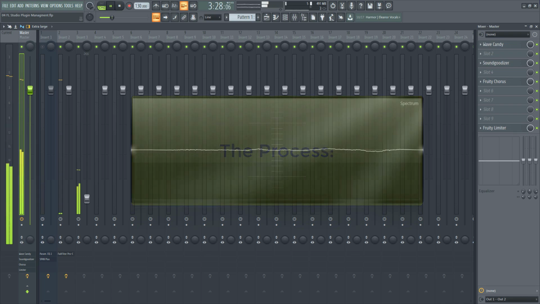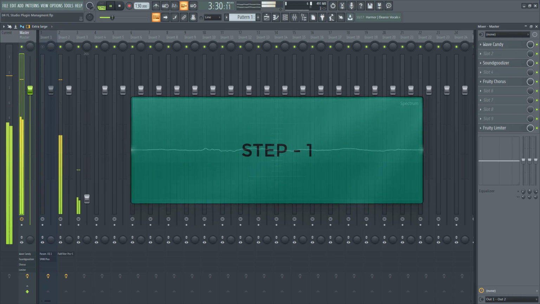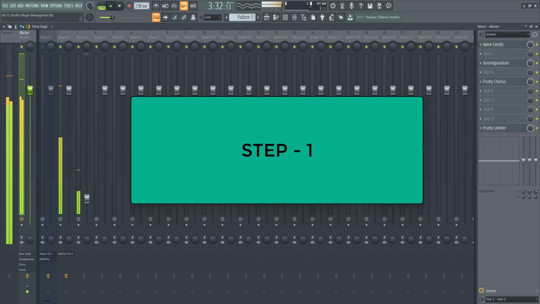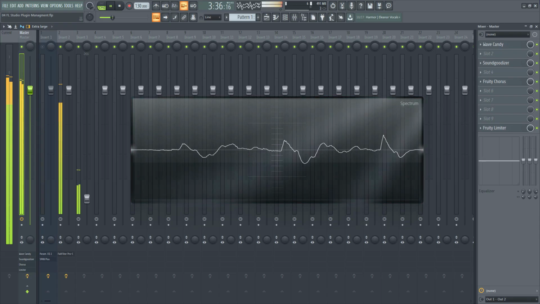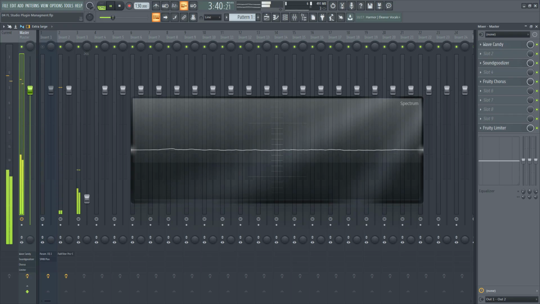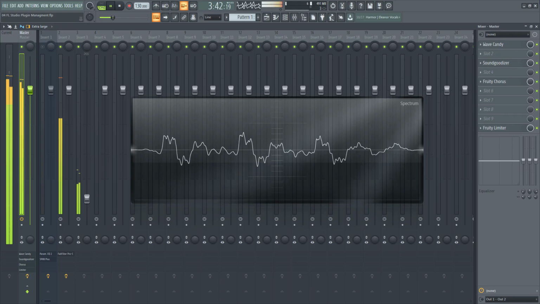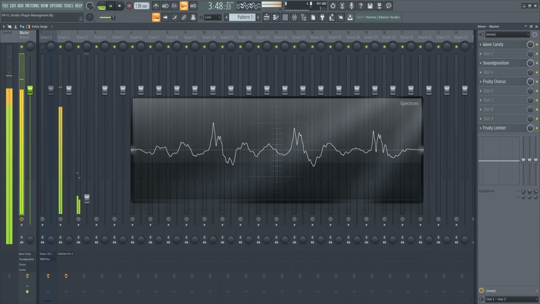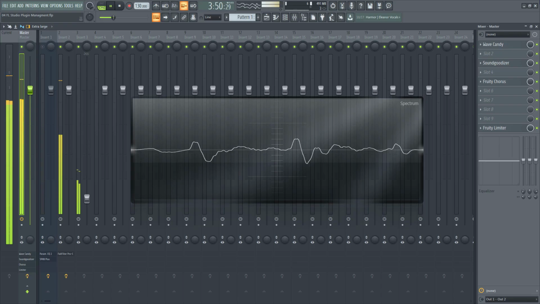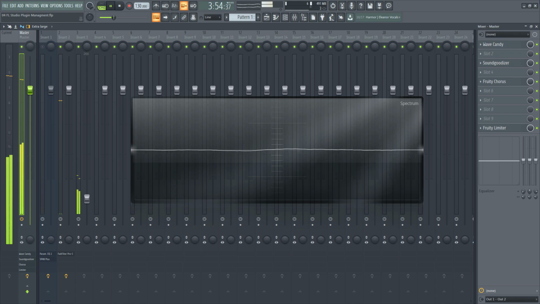Okay guys, the very first step, step 1, is to install the plugins from any one vendor to the FL Studio 20 VST folder or any other VST folder that you have created for your VST plugins. In my case, I have created a customized VST folder on my computer's D drive.